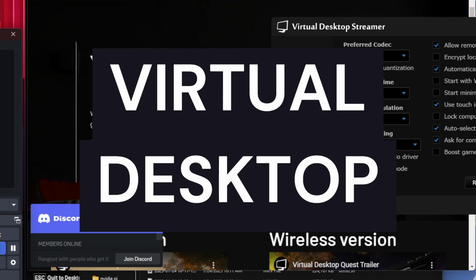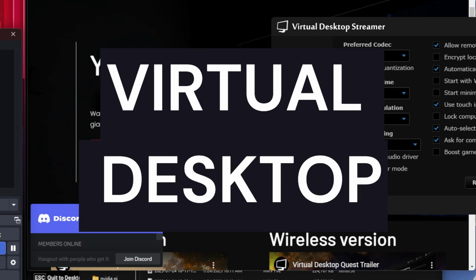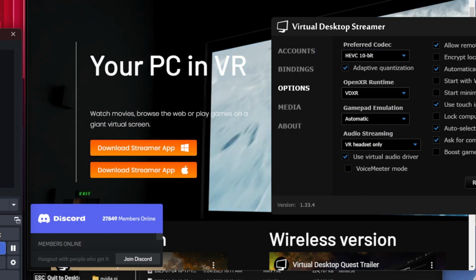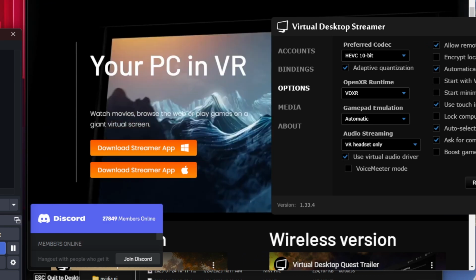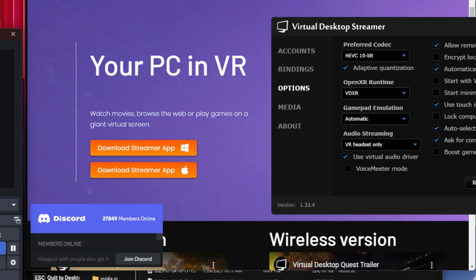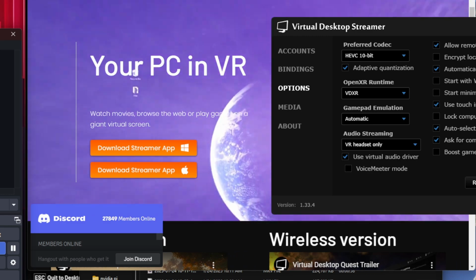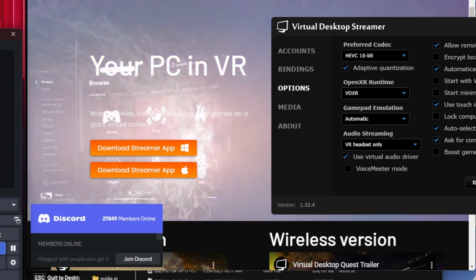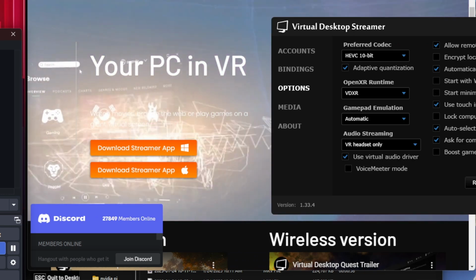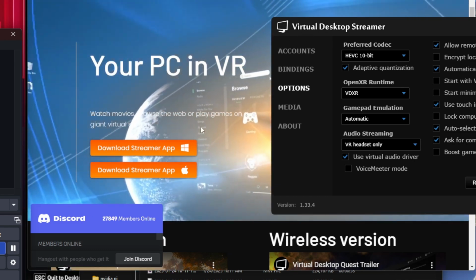Virtual Desktop. For those using Meta Quest 3, Virtual Desktop is a game changer. It allows you to stream MSFS wirelessly from your PC, providing a crisp, lag-free experience when properly configured. The key settings to tweak are bitrate, refresh rate, and ensuring your router supports Wi-Fi 6 for the lowest latency. Here, you have to download the streamer app from this site,